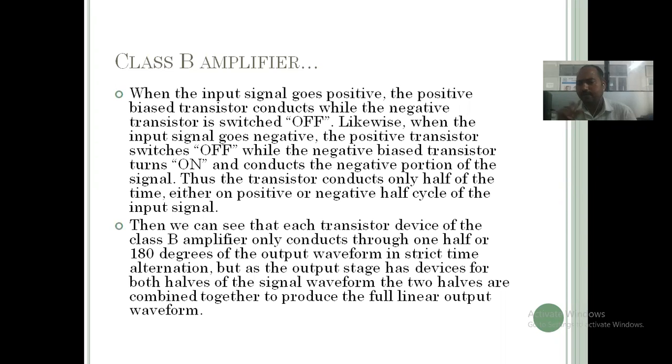Suppose my talking is one full cycle, right? So if we use only the positive or negative half cycle, some part would remain missing, right? So that's why we have to connect both the positive as well as the negative half cycle, and in that case whatever you are talking about, or whatever the thing is with respect to your amplifier, that will be completed. This happens by connecting both the positive and negative halves of the amplifier. Okay,